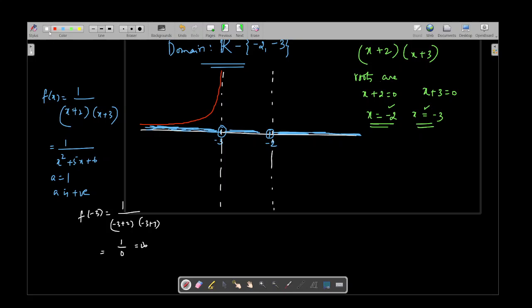Similarly, when x is equal to minus 2, f of minus 2 is also infinity. f of minus 2 is 1 by (minus 2 squared plus 5 into minus 2 plus 6), which is 1 by 0, which is infinity. So from minus 2 also, it starts with the highest value, infinity, and it goes to